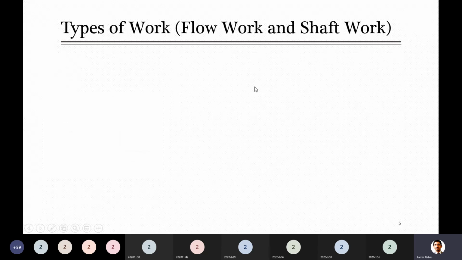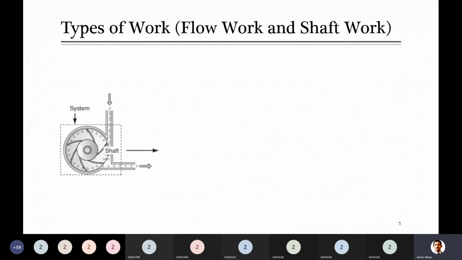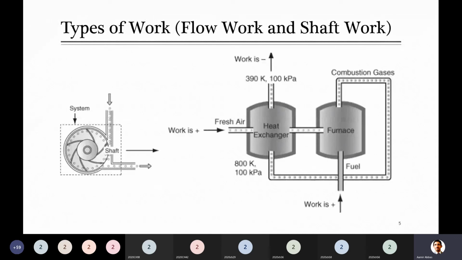So due to this, here he said that most of the time when you talk about work that involves flow work and shaft work, maybe you will be thinking that overall in this case there is only shaft work, and in this case I talked about only flow work. But out of these, the work being done by these flue gases, that is negative, is flow work, but the initial two are positive here.